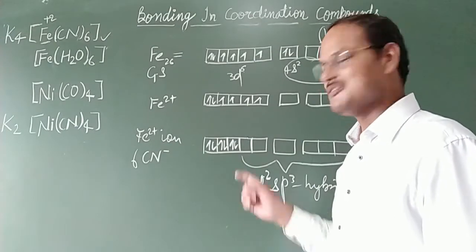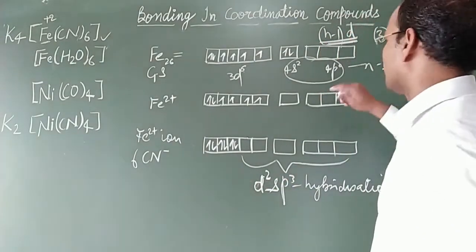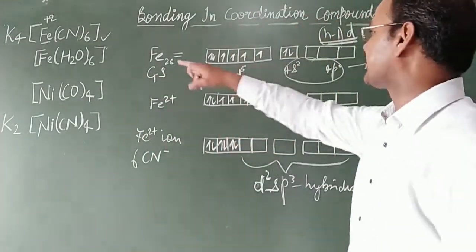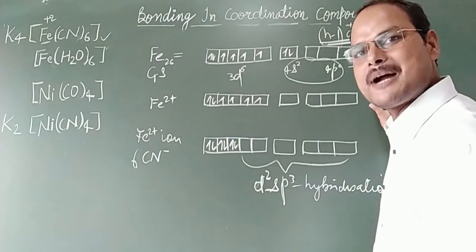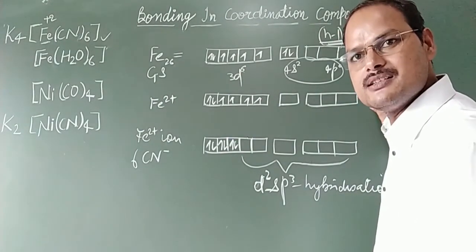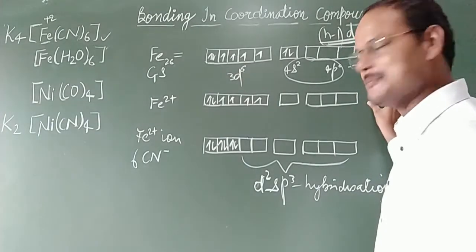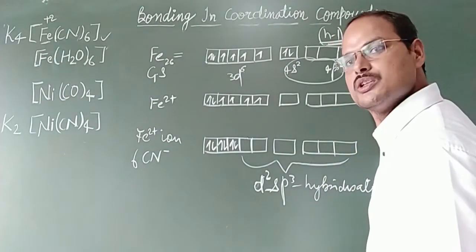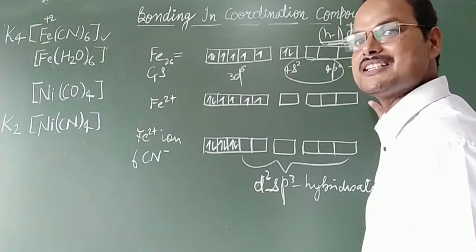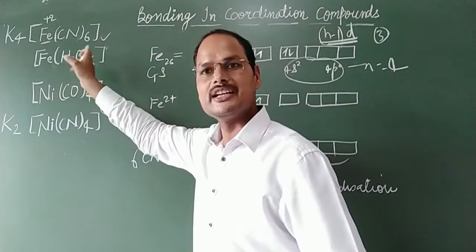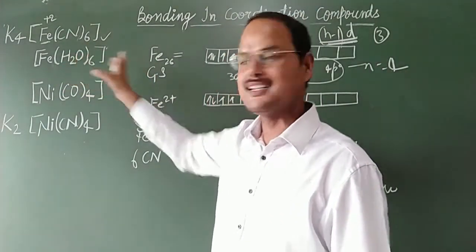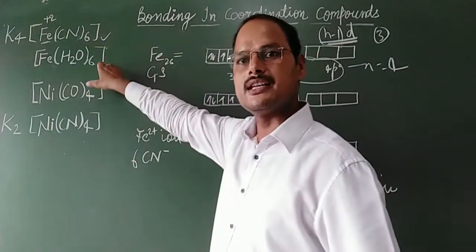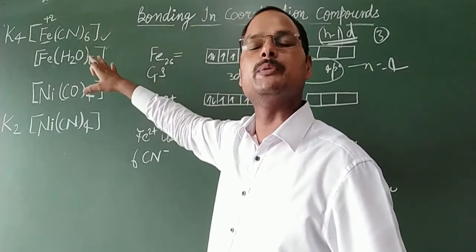I hope you understand. Once again, see, for example, I am explaining the next one also so that you can easily compare. In this case, you will see that 4d will participate in the bonding in the octahedral hybridization. It means 4s will be here, 4p will be here, and 4d orbitals will participate. It will be known as outer. I hope you understand. It is inner, d orbital is inner, and that's why it is an inner octahedral. And in this case, here d orbitals will be 4d, and that's why it will be known as outer.